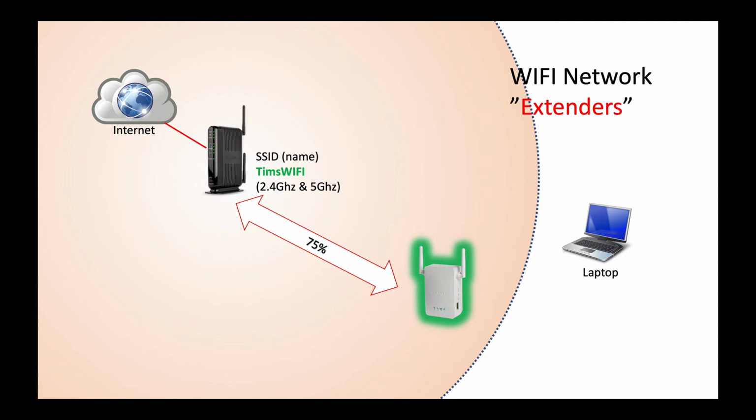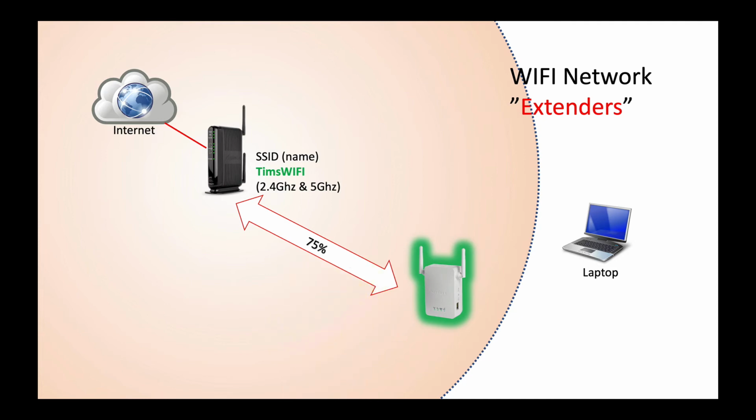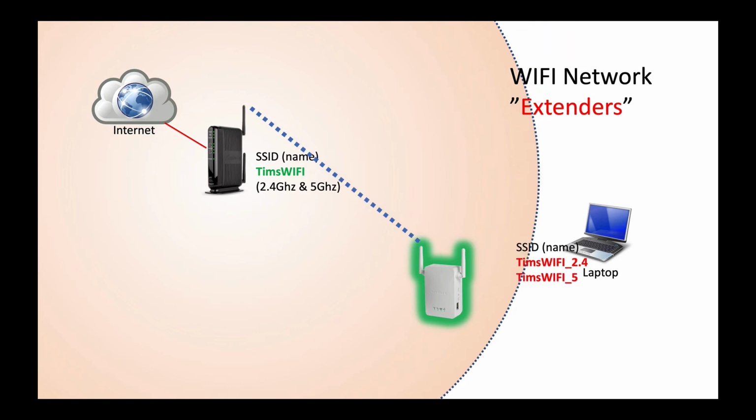You might say, well, how can I do that? Well, just use your phone and look at the bars, connect to your Wi-Fi, walk away from it until you are somewhere a little bit less or in the middle, and that's where you want to put it. You don't really want to go out as far as having just one bar. You're going to be repeating garbage, but you don't have to put it super close either, so just keep that in mind. You put that device in, it connects back to your router,